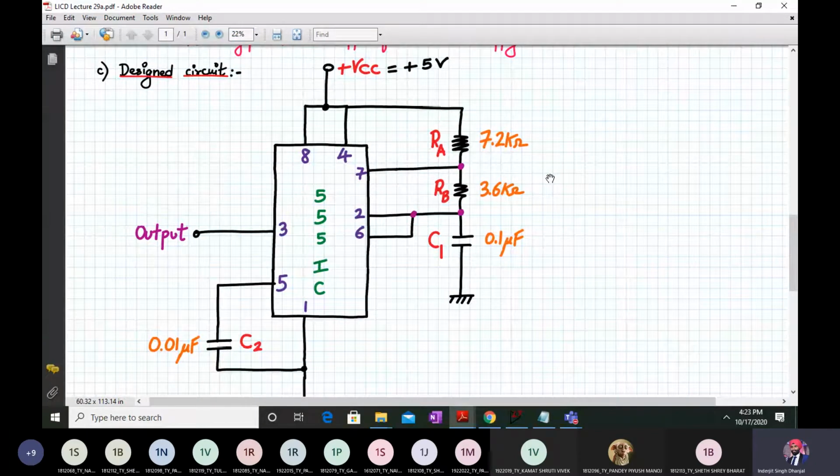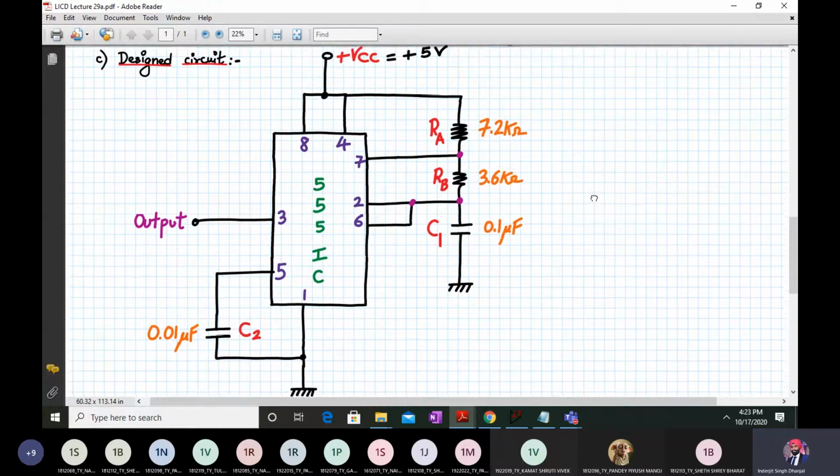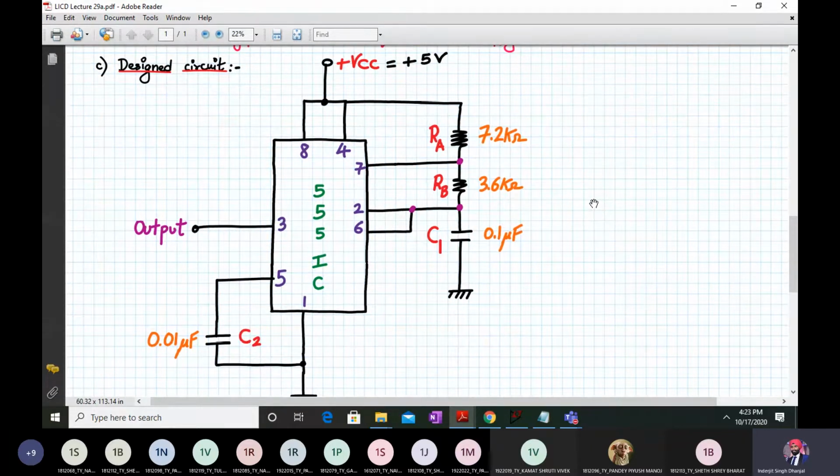This is a symbolic representation of a 555 timer, rather than drawing the functional block diagram, which is quite big, again and again. We normally prefer it this way. It is well understood that you have understood the internal mechanics of the 555 timer. So these are my external components marked in red color, that is RA, RB and C1. You remember in the first lecture of the 555 timer, I was reading out from the data book. There I read out one line that with the help of two external resistors and one capacitor, we can make an oscillator circuit.